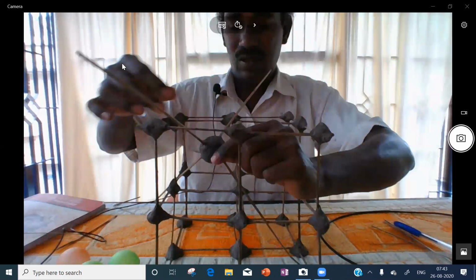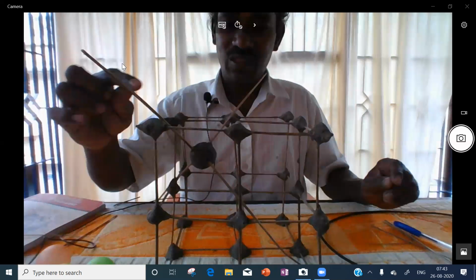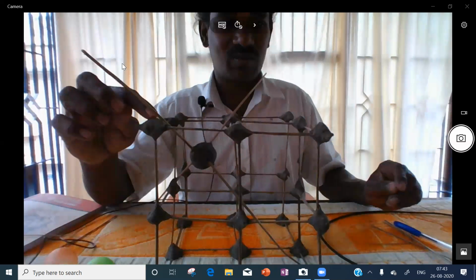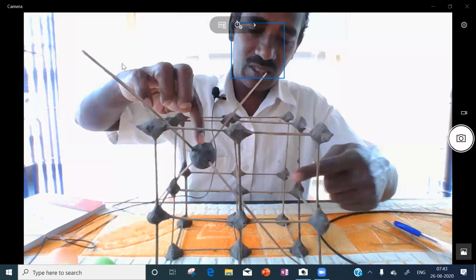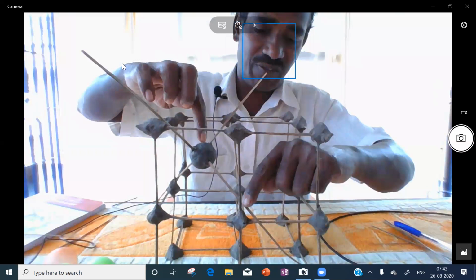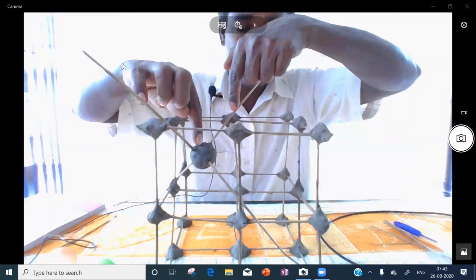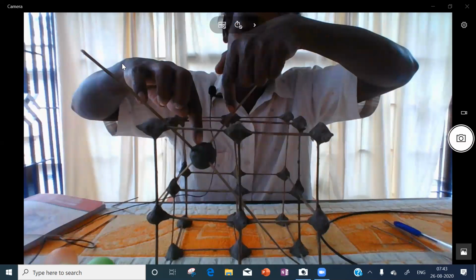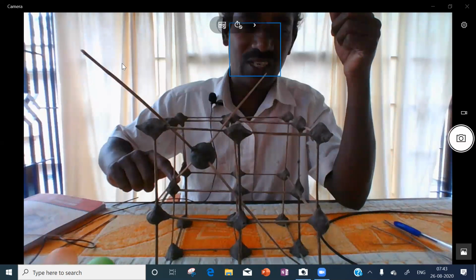Okay, this is the corner. From this corner we are going to the center point. From the center point we are going to this front face center, then to this top face center, then to the side face center.